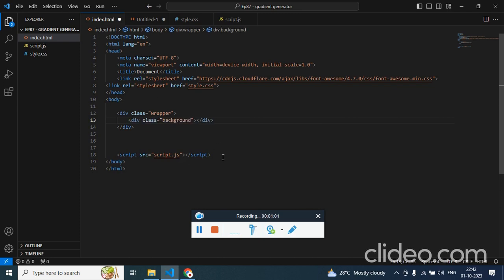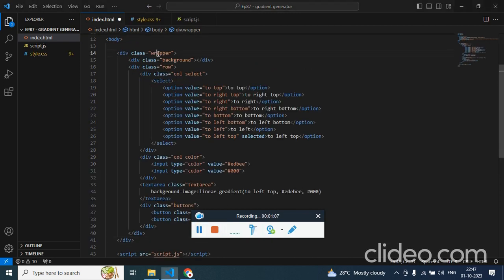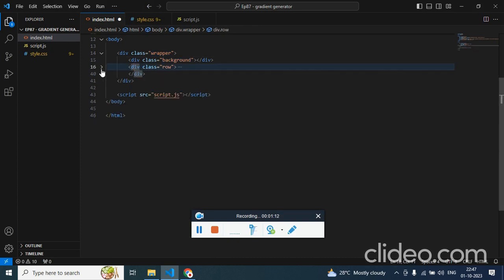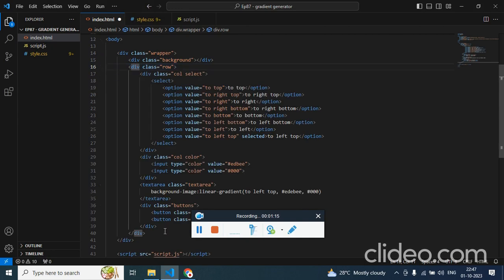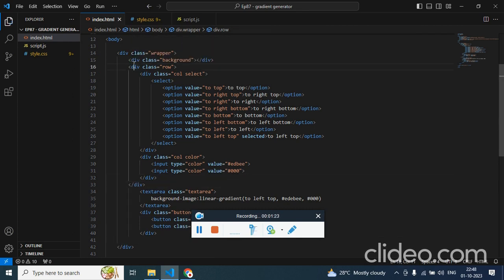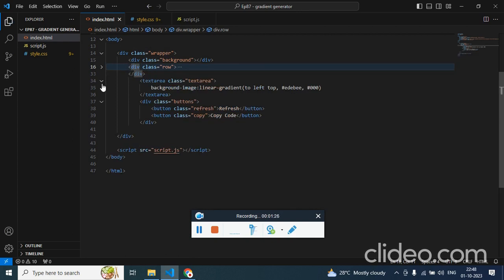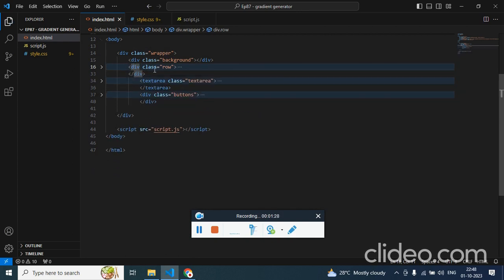I'll create this HTML and then play. Fine. Now we have a wrapper. Inside the wrapper we have a background div, and inside the background we have, there's a problem here. This row should end somewhere over here. Now just to see, we have the sibling count, which is 4. The first one is background, the second one is row, and the third one is text area, and the fourth one is button. So inside the wrapper we have a background, it's just a background div, and then we have